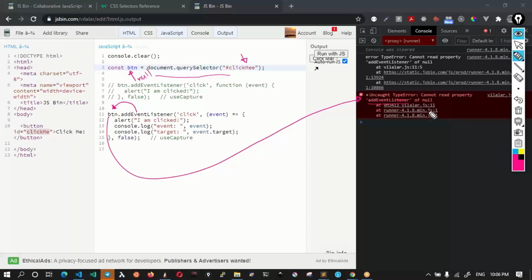Harshal is asking, how can I know how many params I can pass in a callback function? Harshal, you will never know it just like that. The technique to know is very simple. Whenever you have an event, there will always be an event object being passed. If there are any more parameters, you will get them from the MDN documentation, the Mozilla Developer Network documentation. Eventually, when you do more coding, you will get used to this. So what are the common events and what are the parameters?